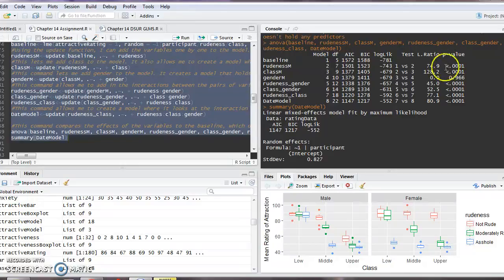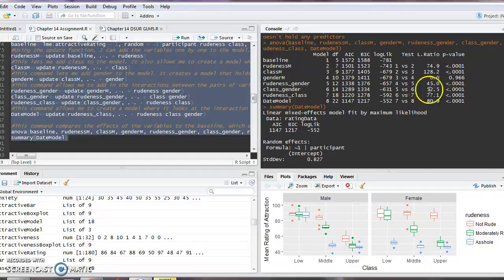So you know rudeness has a main effect. Class, when you add that in there, also has a main effect, and you know it's significant as well because it's less than 0.05. However, when you get to gender, you actually see the same p-value that you had for the ANOVA approach that we did, and this indicates that gender does not significantly have a main effect, and even for the model fit,